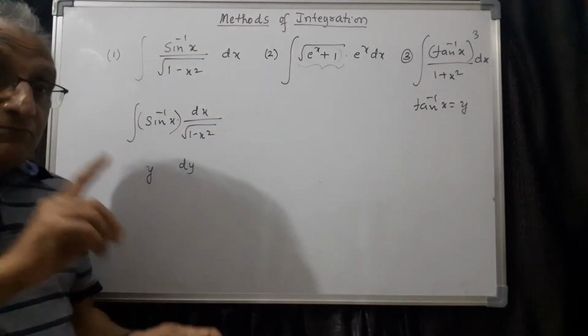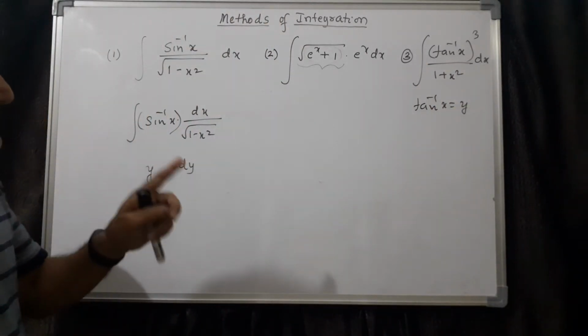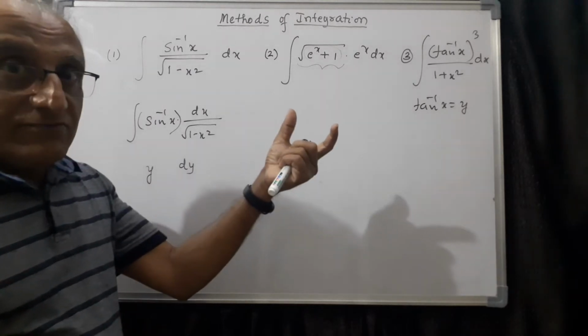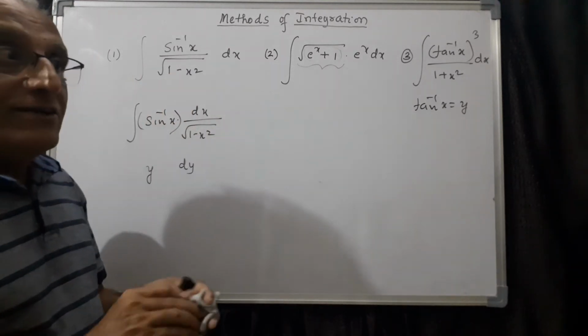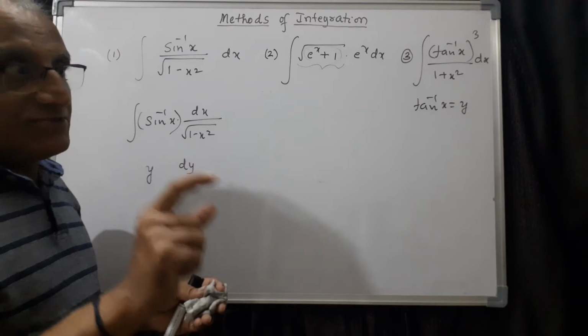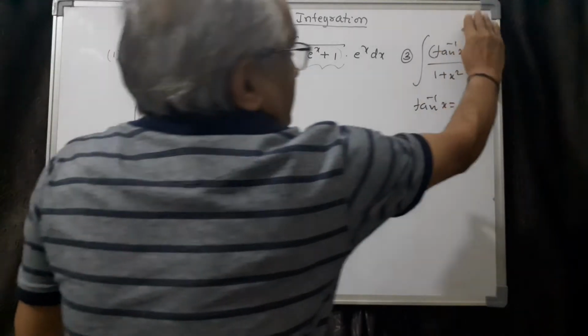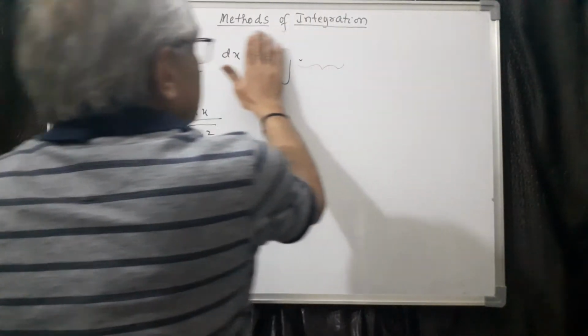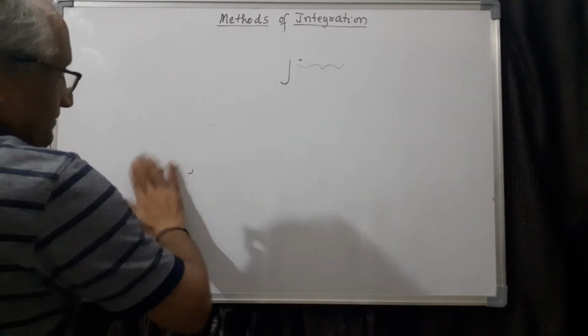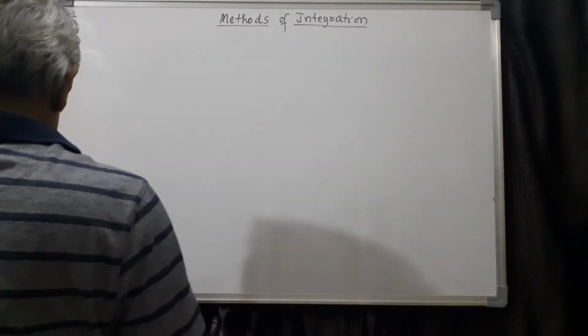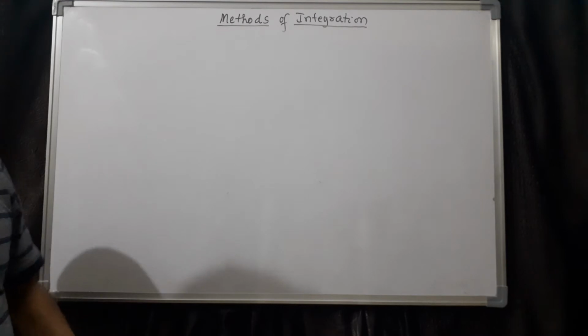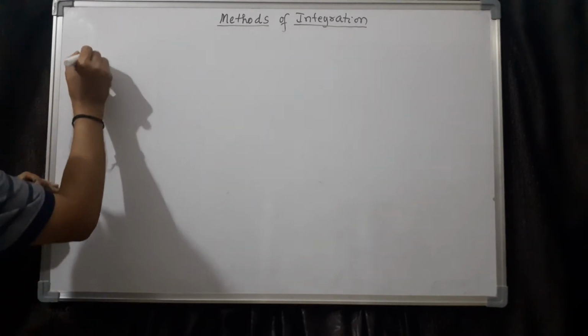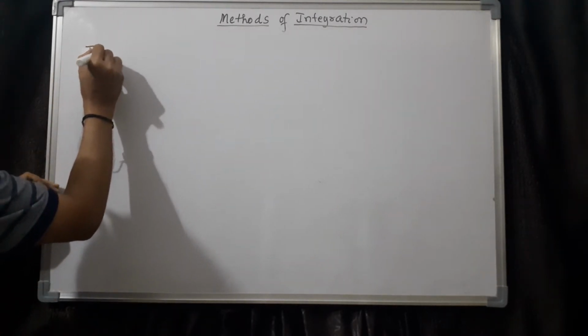Therefore, what is very important, the first thing is you must identify the composite function or direct function. Which function should be substituted? That's the first thing. Now let us work out a few examples so that we will be familiar with this method. First one, let me take the first example which I have taken.